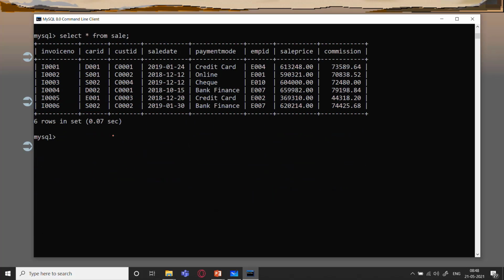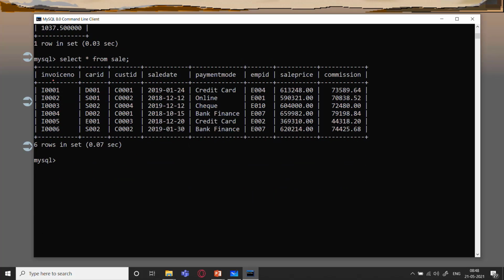Yes, we have a sale table as you can see over here, which consists of these fields: invoice number, that is usually the bill number, car or order number also we can say, car ID, customer ID, sales date, payment mode, employee ID, the employee who attended that particular customer, sales price, and commission received by the employee. So sales price is the price at which the employee sold the car to the customer, and commission is the amount which he got as extra incentive.